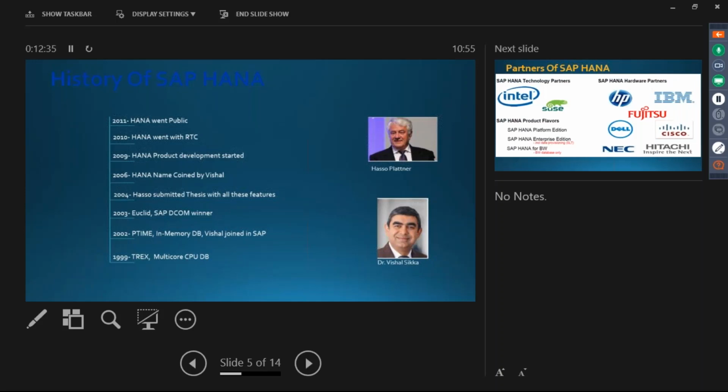And then in 2003, with the combination of T-Rex and the multi-core DB and in-memory DB, they found Euclid, one more product. That was the SAP DCOM winner. SAP DCOM is a kind of contest SAP conducts, in 2003. They showcased that product, and it was the winner, and they also submitted the same features as a thesis. He is a professor in a university also, so it was well received. Then